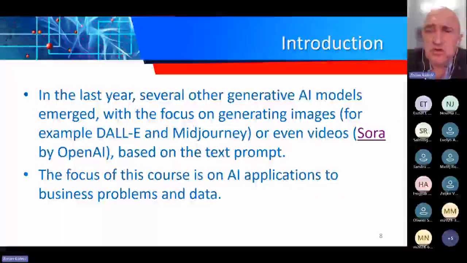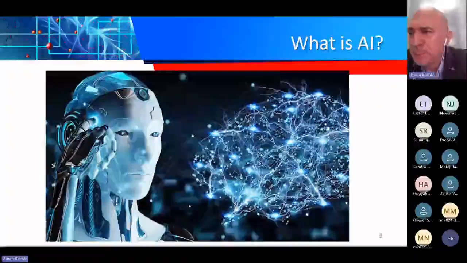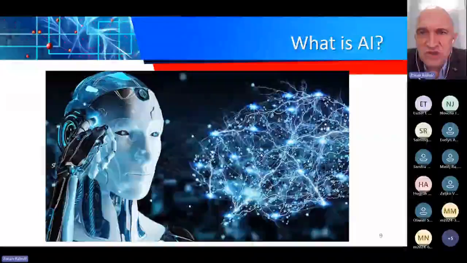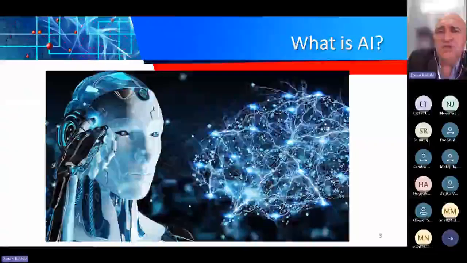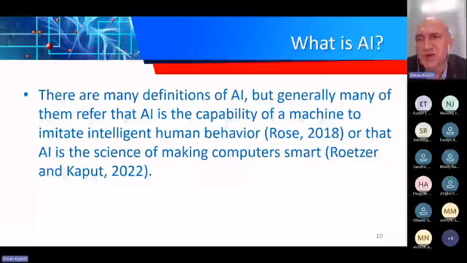So the focus of our course will be on AI applications to business problems and data. So for a start, we will see what is artificial intelligence or AI. There are many definitions of AI, but generally two of them we can see here. The first refers to AI as a capability of a machine to imitate intelligent human behavior. Or the other one is that artificial intelligence is the science of making computers smart. So both definitions are saying that we are generally trying to